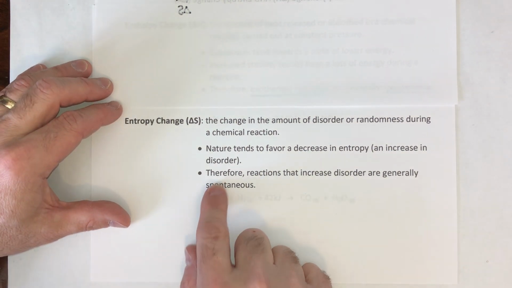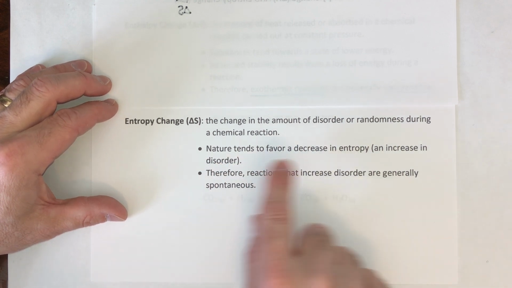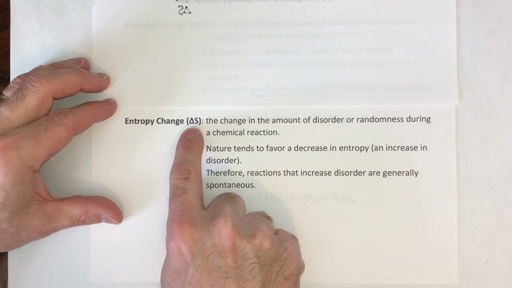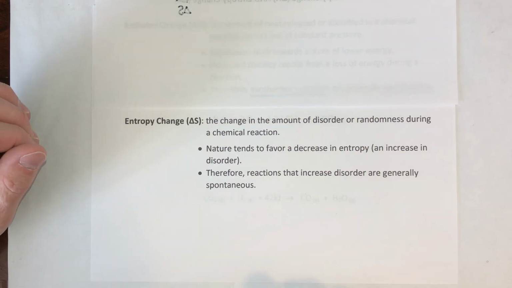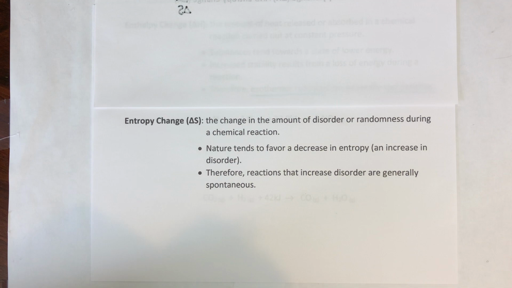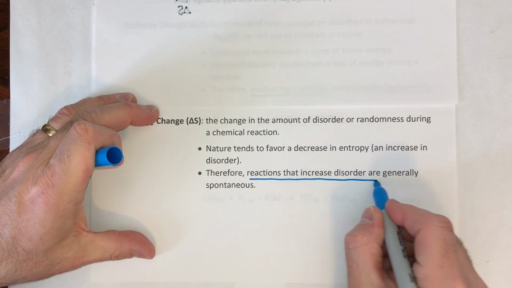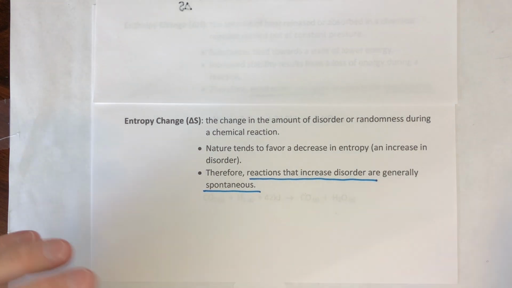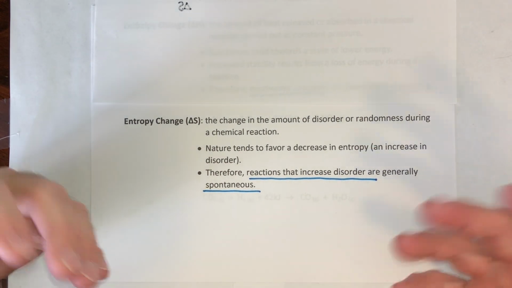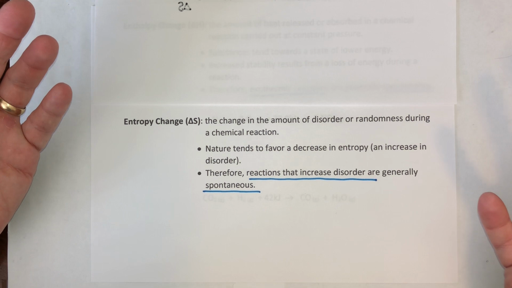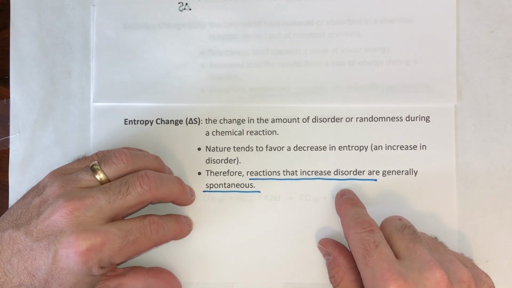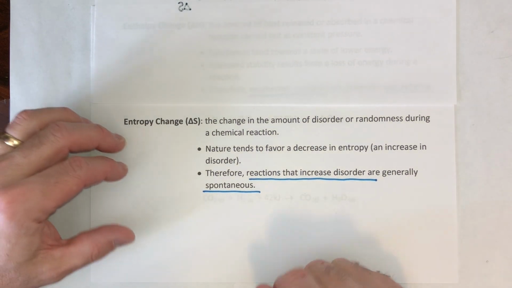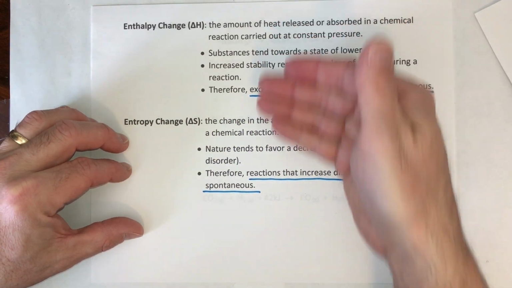So anything that's going to increase the amount of disorder, anything that's going to increase the entropy, right, your delta S is going to be positive, is a good thing. So reactions that increase disorder are also generally spontaneous. Now again, we use the word generally, which means mostly, because there will be some exceptions. There will be some reactions that increase the amount of disorder, but they're not spontaneous because you have to consider